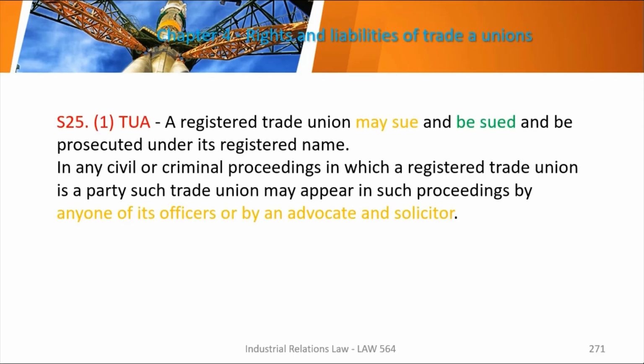Section 25 mentions that a trade union may sue or be sued. It acts as an independent legal person, once it is registered and recognized by the company, and able to register with a trade union under industrial relations or the court. So if they are registered and recognized, then they can take action by suing people, or they themselves can be sued, because obviously if a person can sue, they can also be sued.